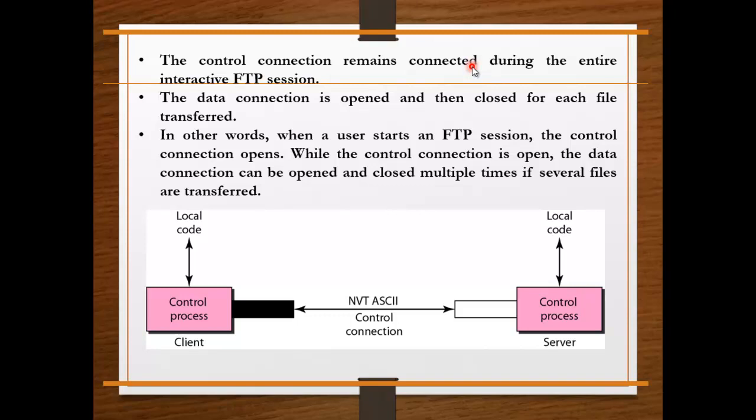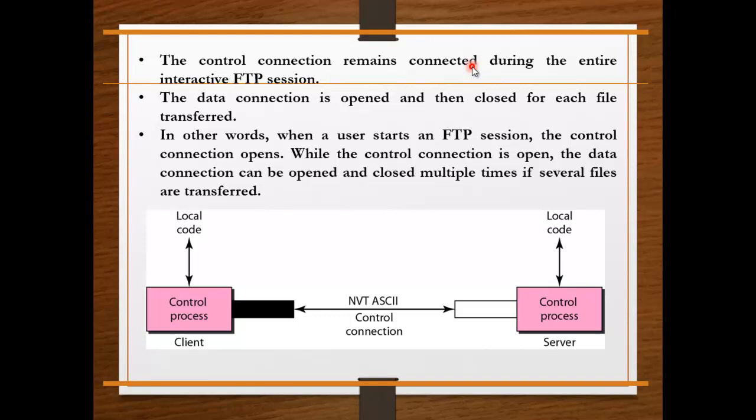For example, suppose I want to download some video from YouTube, or use some other application. You will open that, and immediately the control connection will get established. You will download one song. At the time of downloading, your data connection will be established and your data will be received. Once it is over, the data connection will get closed. But until you close the browser for that particular URL, until you close YouTube, the control connection will remain active. That is the meaning. And after some time, again you will open YouTube and download another song. Again after some time you will download another song.